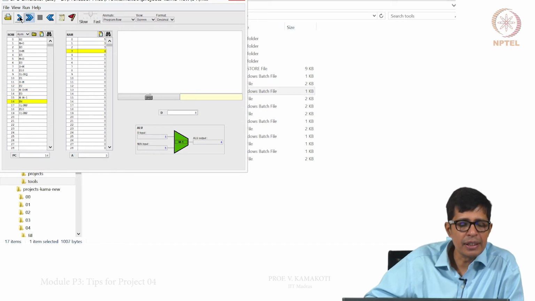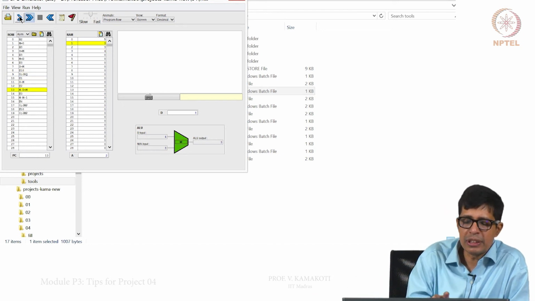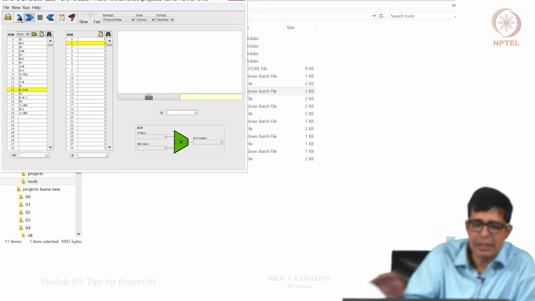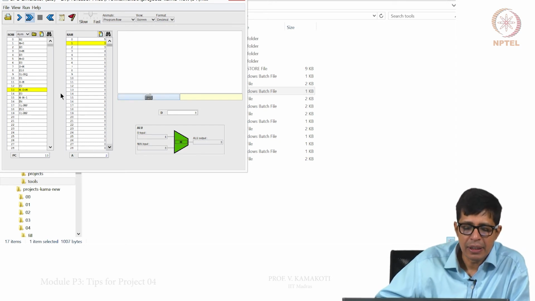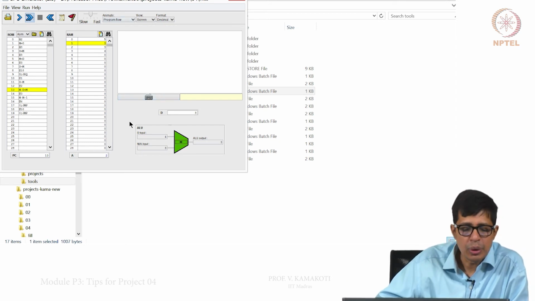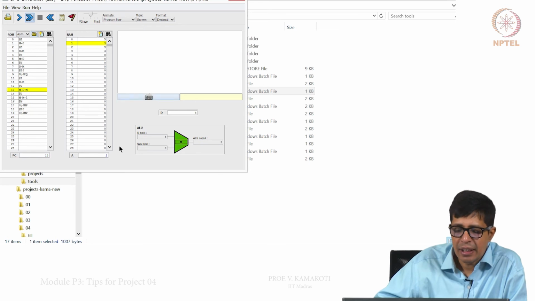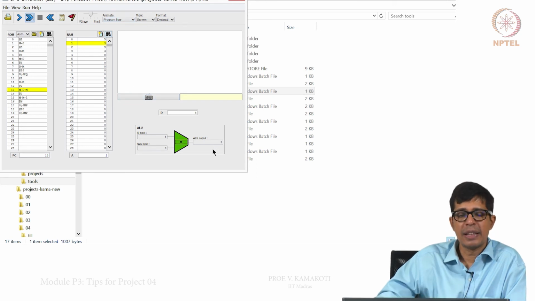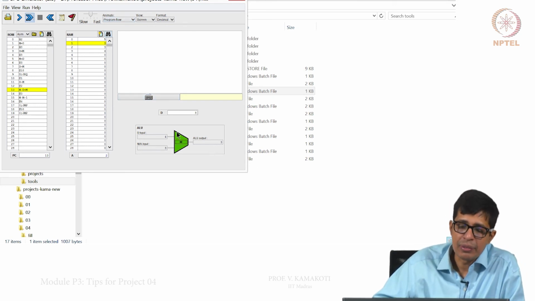So, if we step through each one of these again and again, every instruction, what is happening to the memory, this is the memory part, and what is happening at the ALU, you can basically see the impact of each instruction on the memory and the ALU, and you can finish.